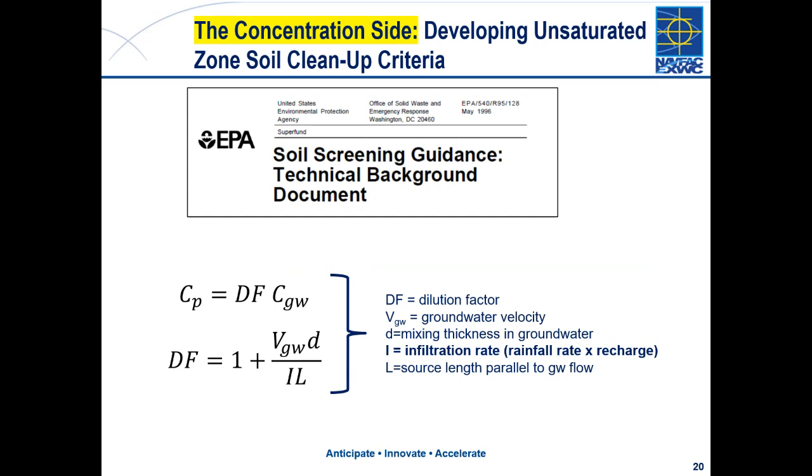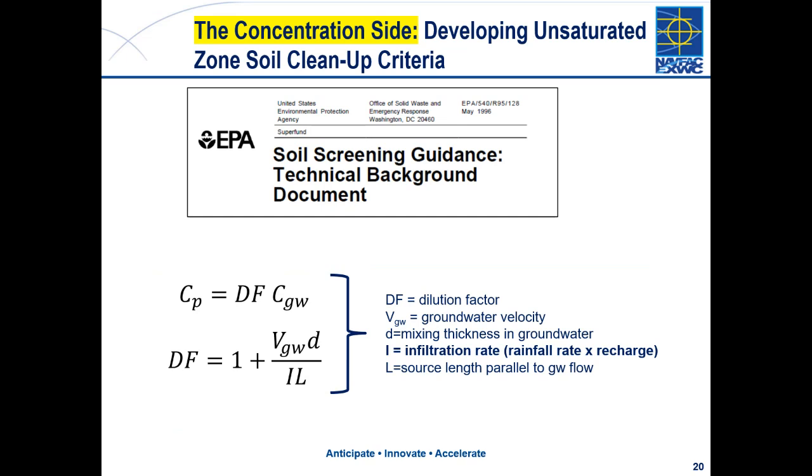So we're talking about trying to get a prediction of the PFAS concentrations in this unsaturated soil pore water. And why do we even want to know that? Well, that's because it can relate to the concentration of PFAS in the groundwater. In fact, the EPA traditionally has developed its soil cleanup criteria based on that type of relationship. Basically what's used there is a dilution factor, right? There's the concentration of PFAS in the pore water, then there's some dilution factor, and that's essentially what the concentration would be in the groundwater.